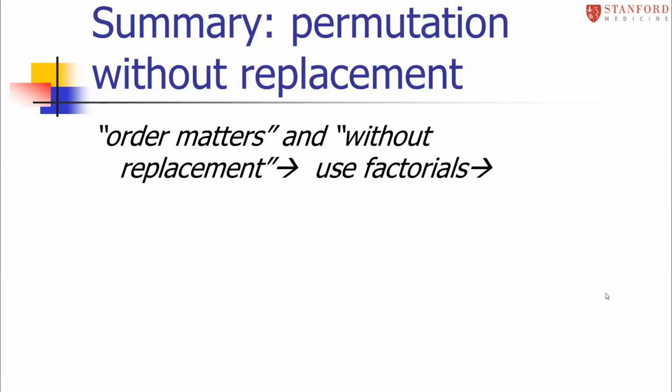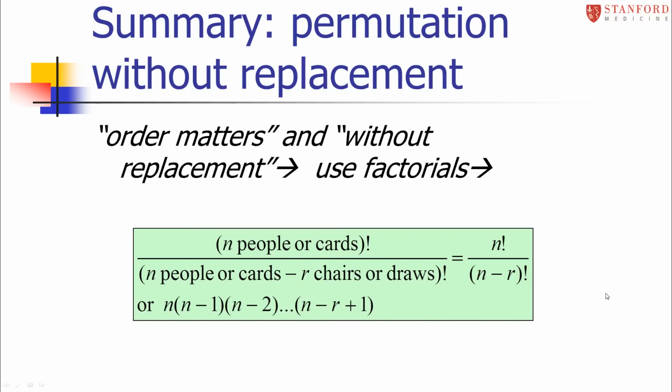If you have a permutation, order matters, and you do not have replacement, instead of using powers, you're going to use factorials. And the general formula is that if you've got n people or cards that you're drawing from, and you want to arrange them in, say, r chairs or r draws of the cards, then the formula is n factorial divided by n minus r factorial. So that is a little formula that you can use to help you in solving when you have permutations without